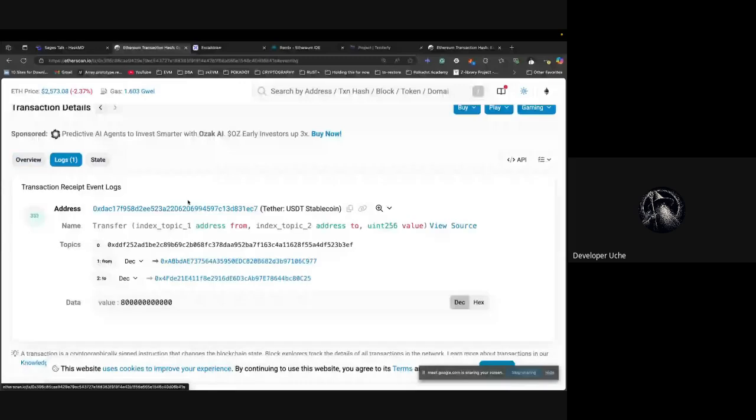So this is a transfer transaction, and it should have some logs. Okay, it has just one log. So you see, this is the raw data that it's supposed to show you. Because it's verified, it will show you the decoded format, which is the Transfer event. That's the name of the event. It has an indexed address from topic, and that indexed address to, then the amount of transfer, the amount of USDT